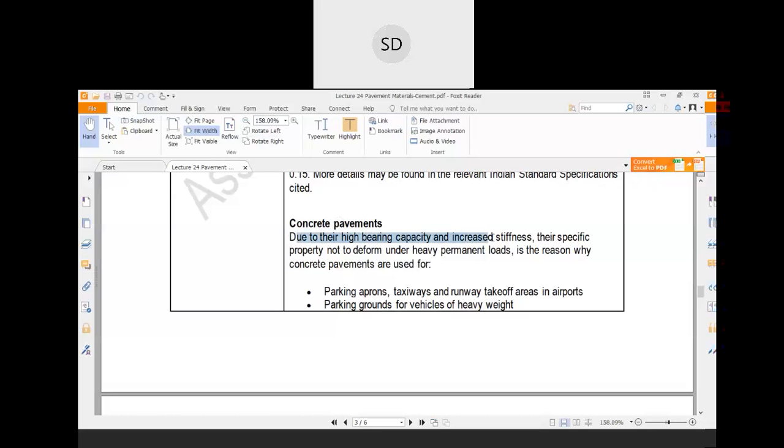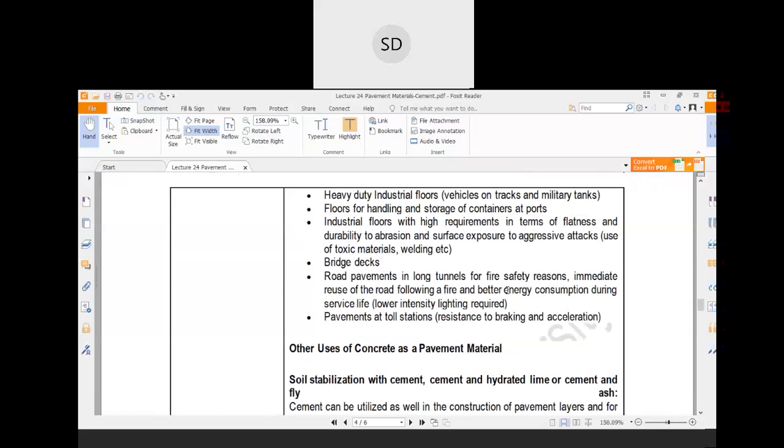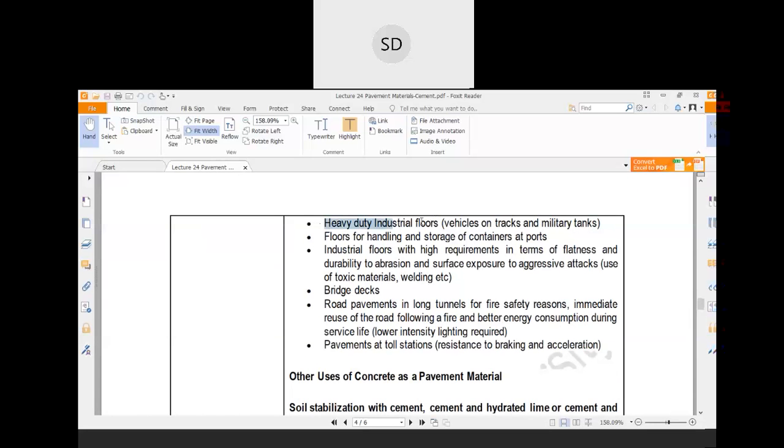Now concrete pavements, due to their high bearing capacity and increased stiffness, have the specific property of not deforming under heavy pavement loads, and that is the reason why concrete pavements are used. They are used for parking aprons, taxiways and runway takeoff areas in airports, parking grounds for heavy weight vehicles, heavy duty industrial floors where different heavy duty vehicles would be there, floors for handling and storage of containers at ports,